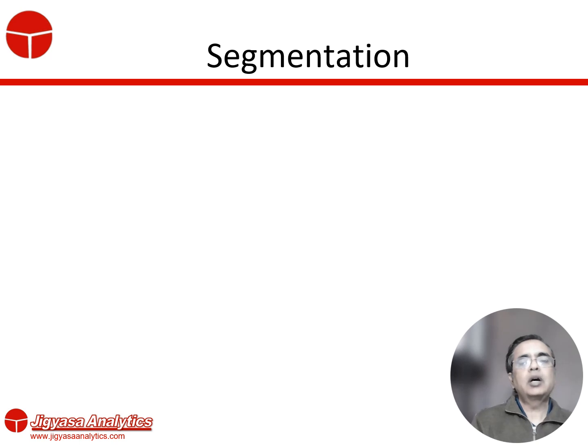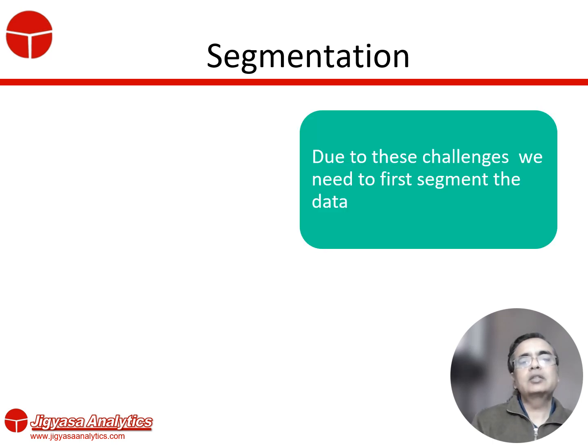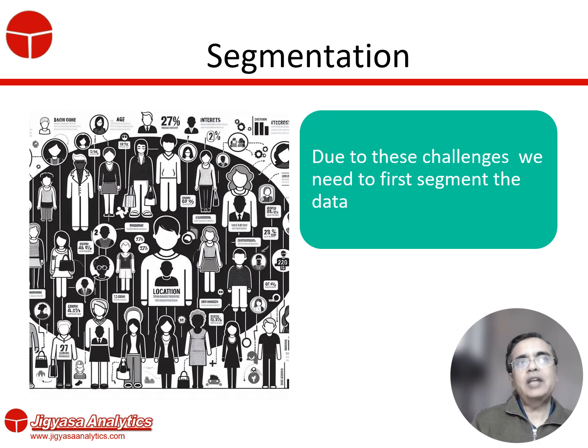Now, I have been telling you about how there are these differences in the different drivers of giving the donation. People are motivated by just life needs, and then they are motivated by the cause of the nonprofit. And then there are these additional logistic challenges due to geography as well as season. All of this means that a general model might not work as well. One model for all pickups will not work as well, especially if the campaign is being done over a broader range of states or regions. So then, due to this, we first need to understand the data and segment the data, and try to bring it into homogeneous pockets,